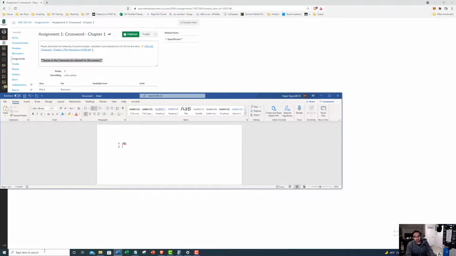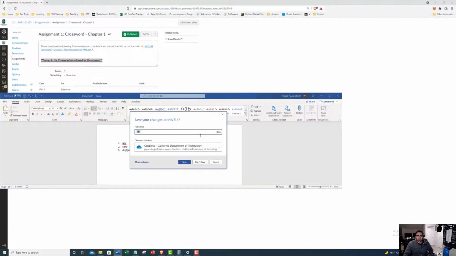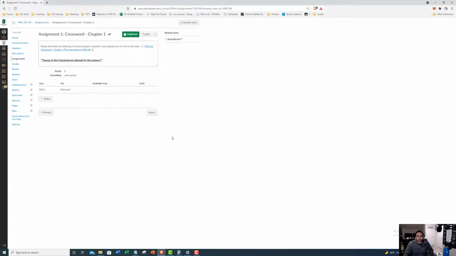The answer to 2 is whatever answer clue 3 is, blah, blah, blah, right? Save that, upload it as well. Either or works, whatever's easier for you. I don't want to make it too difficult. So either print it out and then fill it out, upload it, or you can just take a Word document, number the answers to each clue.